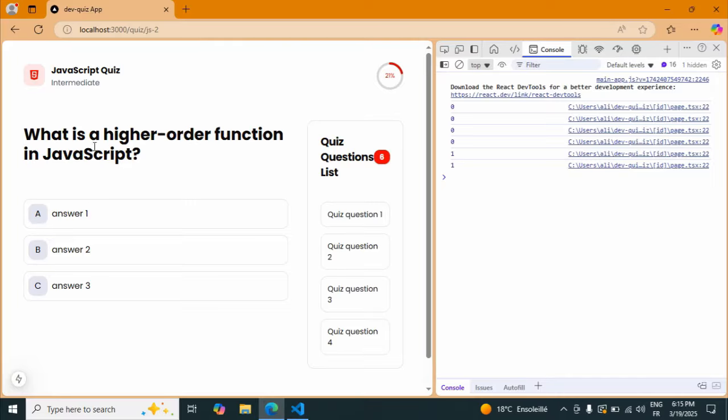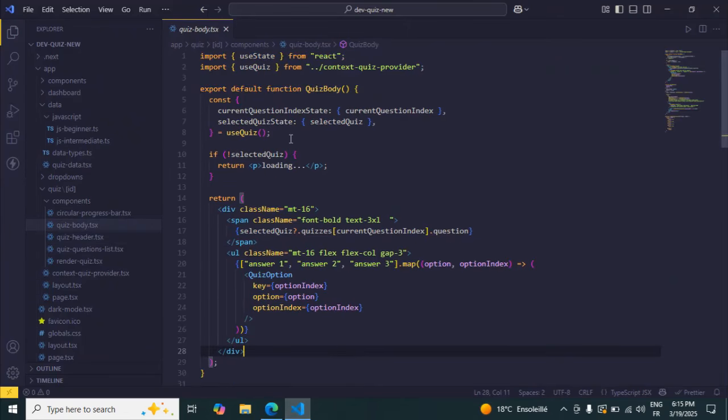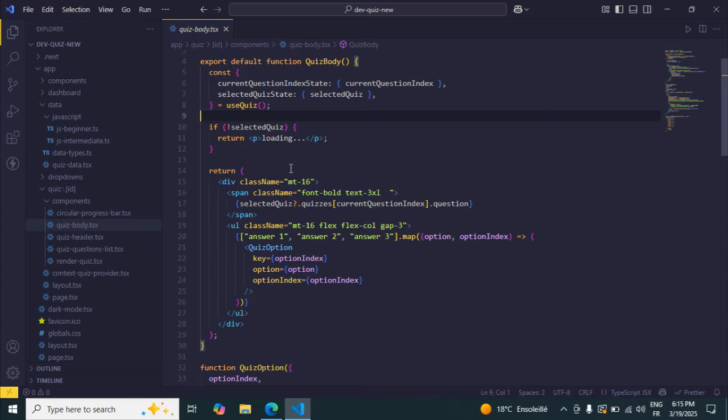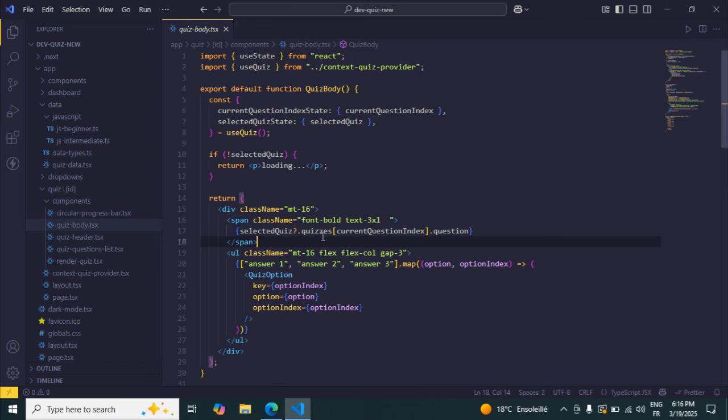Then I'm going to show you how to render this question. This is part of the quiz body.tsx. Again, we're going to do the same thing in here. We're going to access the currentQuestionIndex and the selectedQuiz by using the useQuiz hook that we created. First, we want to make sure that this is not null. If it is, we're going to just render the p tag, which is the loading text. And then in here, and this is the trick, we're going to access the quizzes property, which is the array of objects, and we're going to use the currentQuestionIndex. So if it is zero,